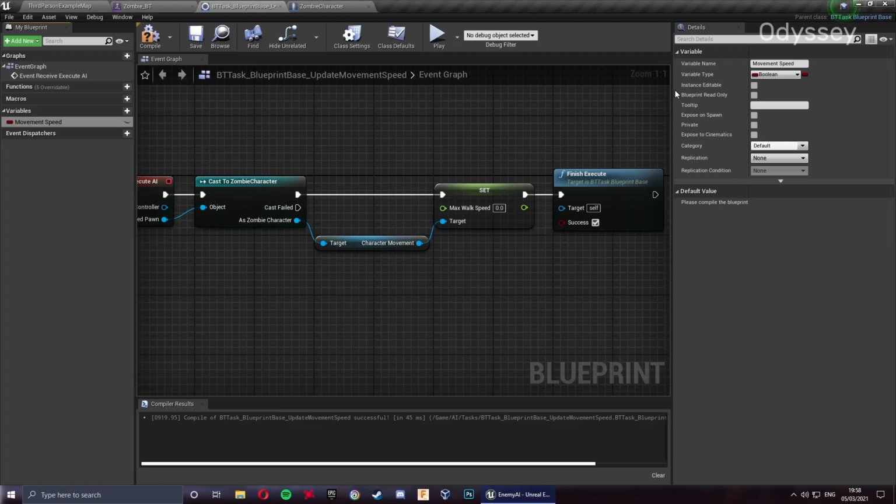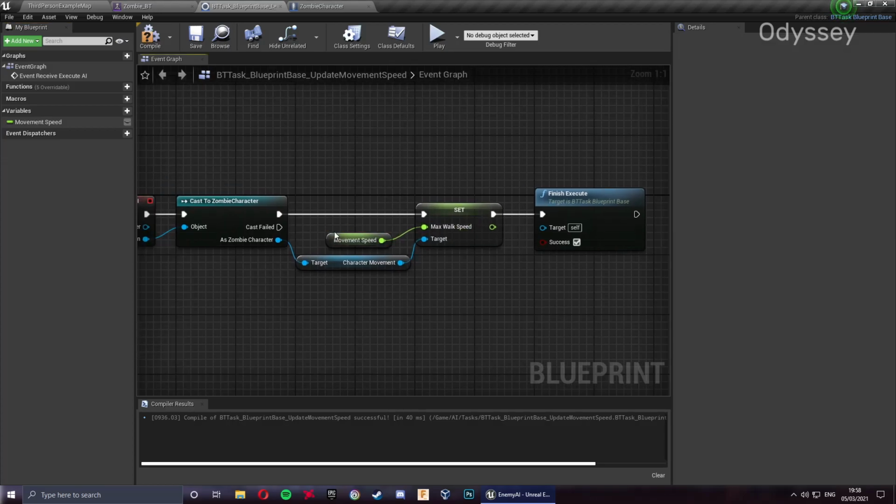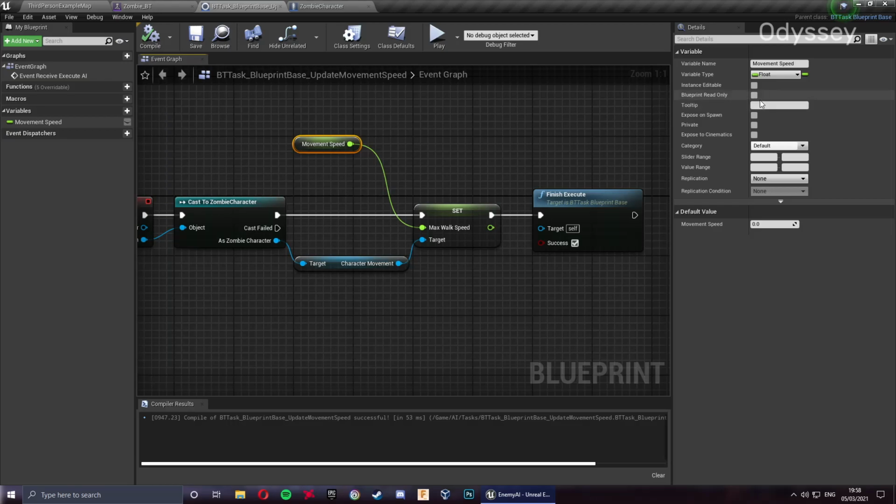There we go. And set this one to a float, because we are storing a decimal number value. Cool. And then drag the movement speed from here into the max walk speed there, and then compile. Oh, you will also need to set it as instance editable, otherwise you won't be able to reference it. And there's one last thing actually, we need to set the default value, so the movement value to whatever we've got on our